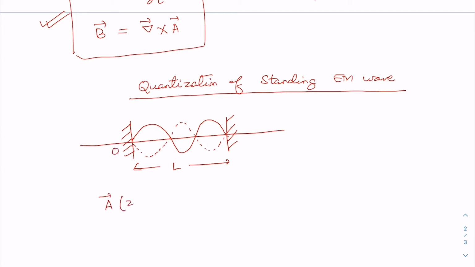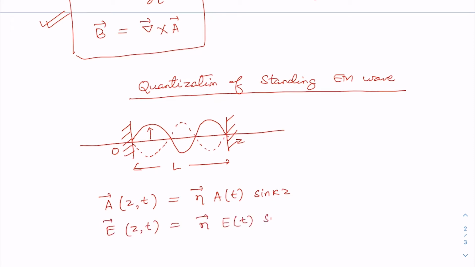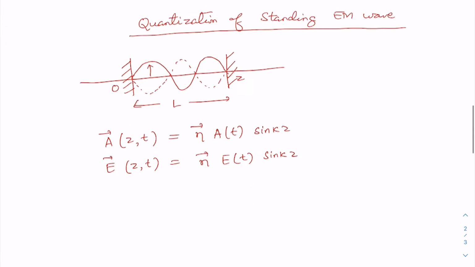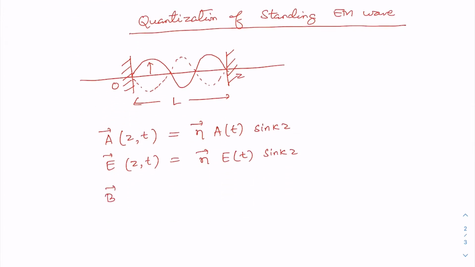So this is, say, OZ. It is directed along the OZ direction, so A(z,t) is linearly polarized along, say, the eta direction, and we have this A(t) sin kz, and the electric field E(z,t) is equal to eta E(t) sin kz, and the magnetic field is B(z,t), because B is equal